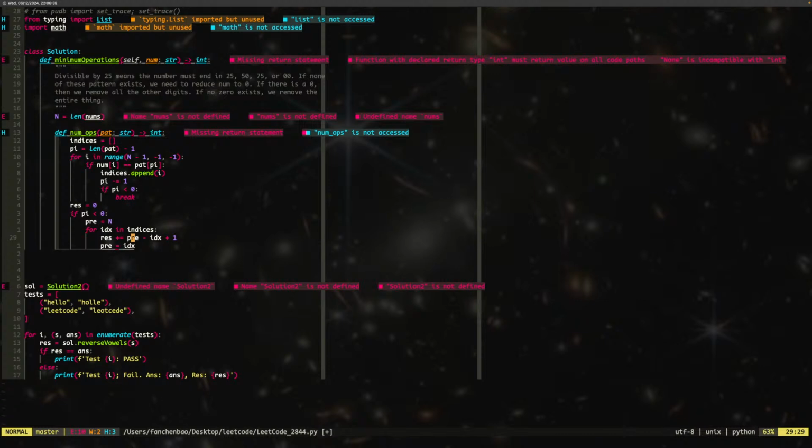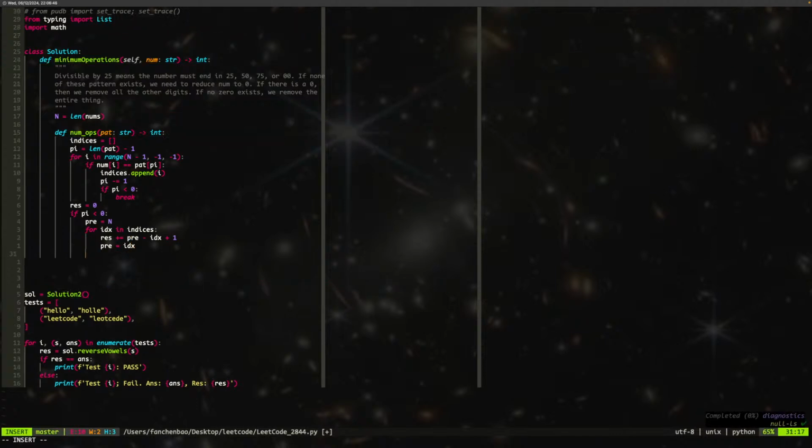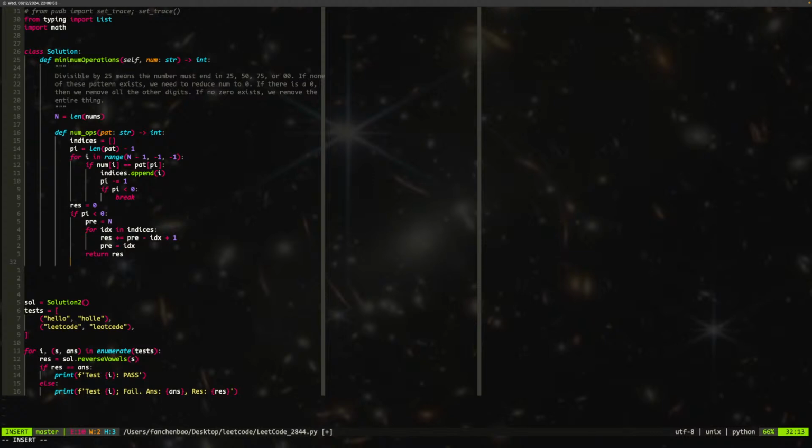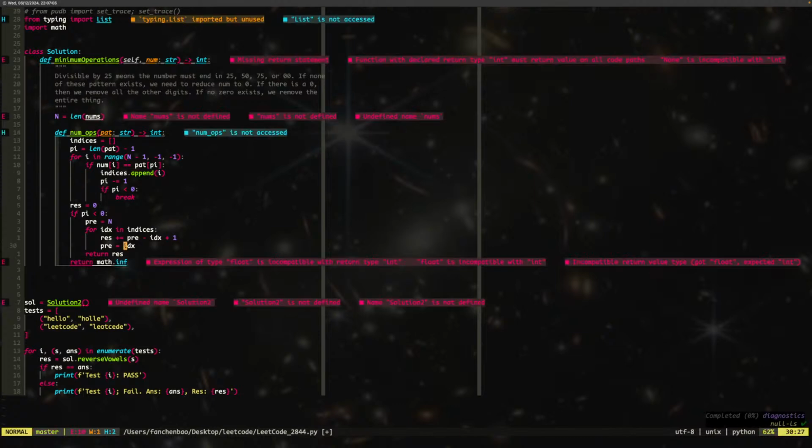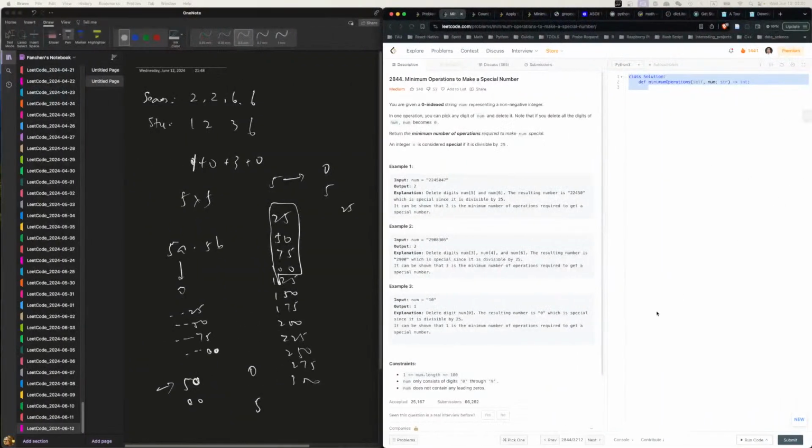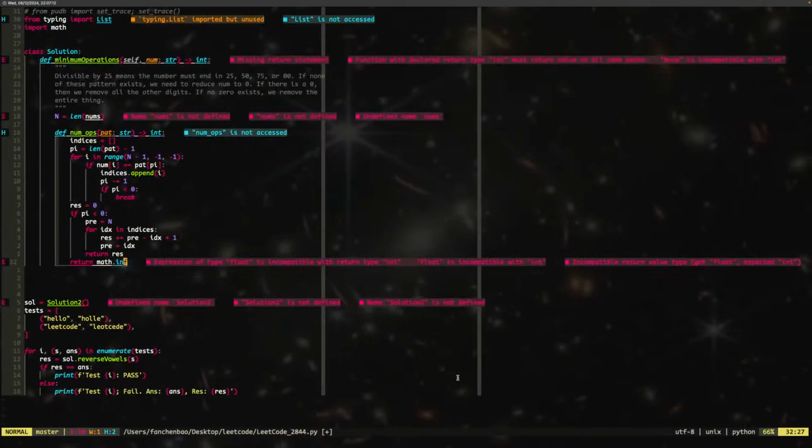3 minus 1, but only 1, because why do we do this? And then this will figure out how many we need to return, and we'll return the rest, right? Otherwise, if the pi is not smaller than 0, which means we haven't found the pattern, then we need to return math.inf? Yes. They will say it's a float, but it doesn't care. I mean, we can, because only 100,